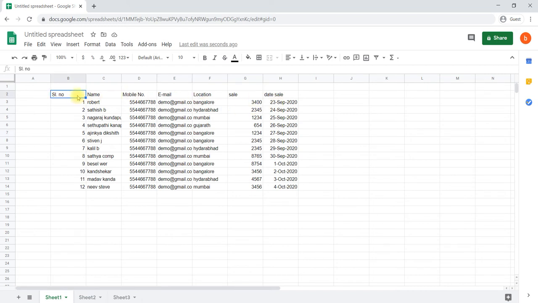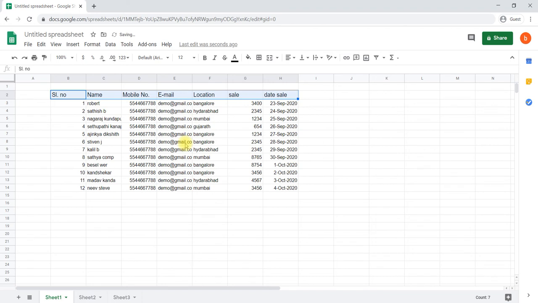Select only the column headings, click and drag the mouse so that you select all the cells of the first row at the top, and go to the font size and select the size to increase it.